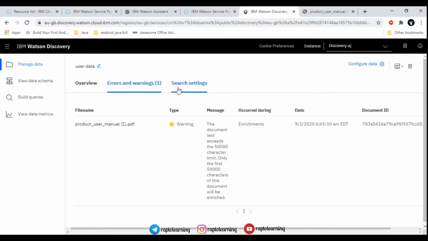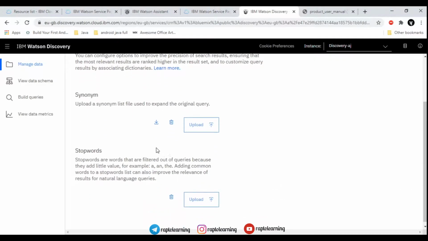So this is errors and warnings, so just leave it for now. This is not any fatal error or anything like that. You can also upload a set of synonyms for your questions or stop words for when your bot will stop working and the real customer care executive will start working with the user, right? So this is for that purpose.